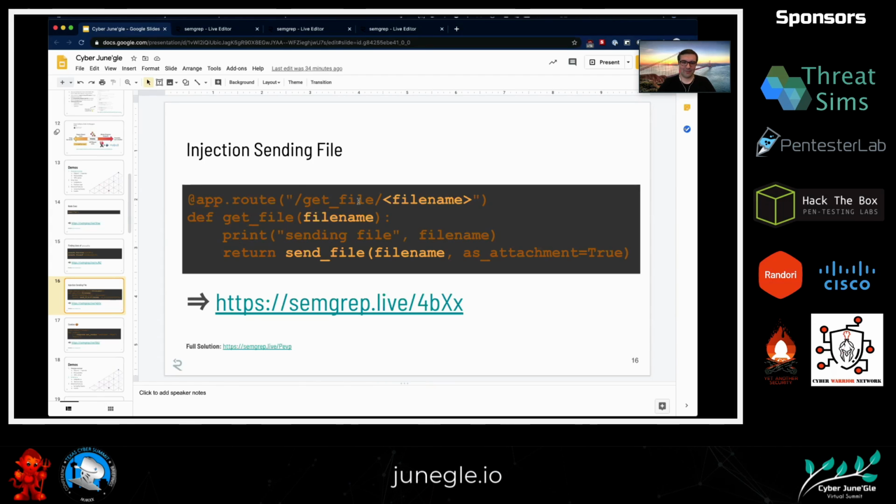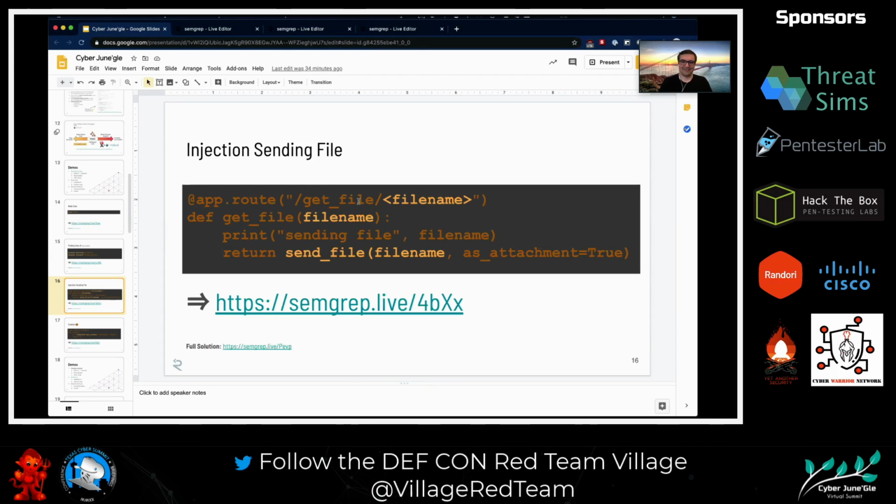And then that's going to get passed to what's called a dangerous function. And so in this case, we have send file. And what send file does is it just reads the file from the file system and sends it down. And so you could immediately see how this could be dangerous if someone says, hey, my file name is ../